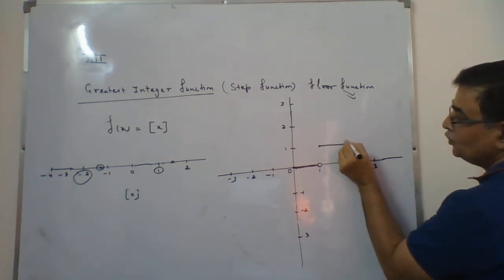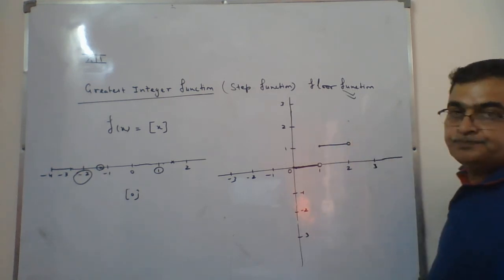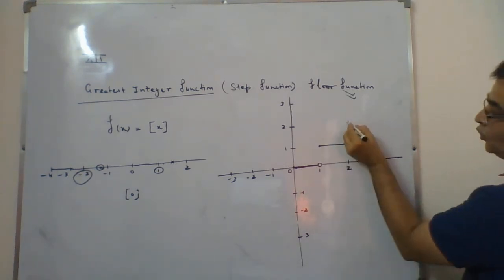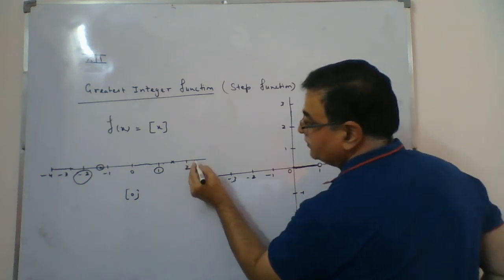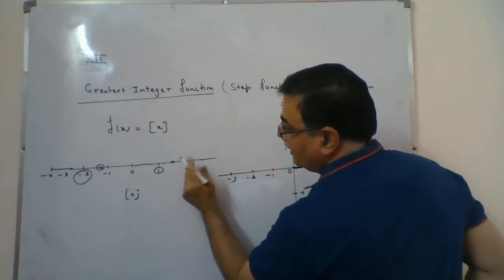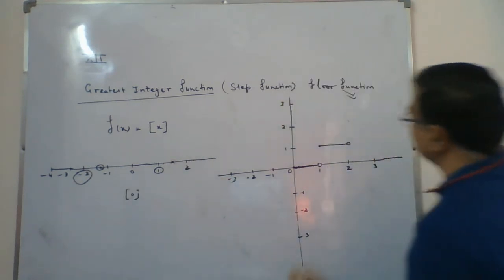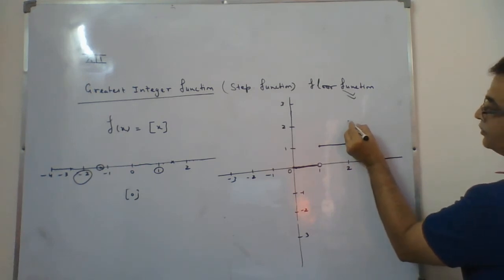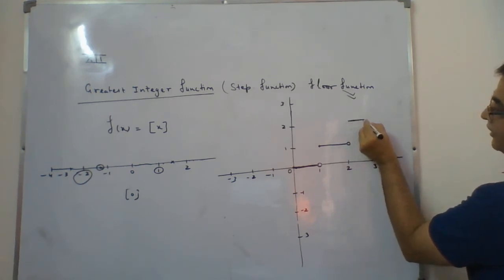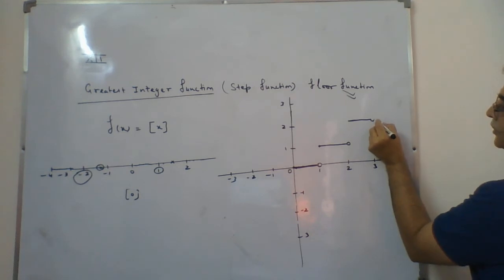As you reach 2, it jumps to 2. Then at 2, its answer is 2. 2.1, answer is 2. 2.3, answer is 2. So this will continue, and then when you reach 3, it will jump to